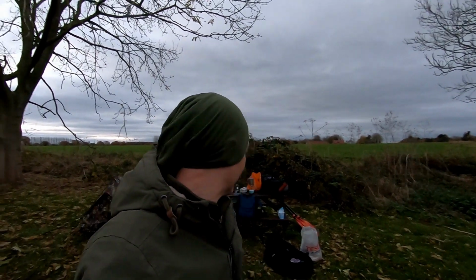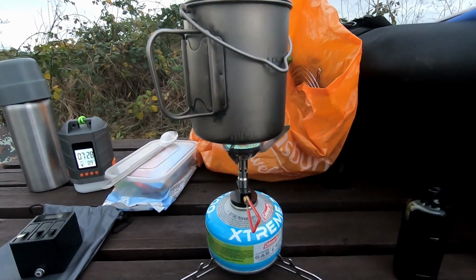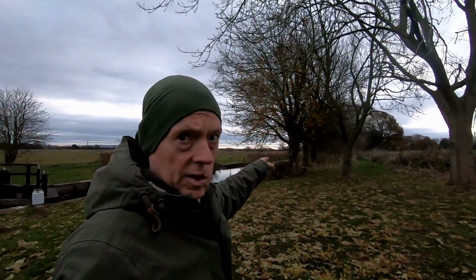Good morning, inflatable fans, wild campers and outdoor adventurers. Kettle's on, ready to make some coffee. The kayak is back down there by the mooring. The sun has just come up,